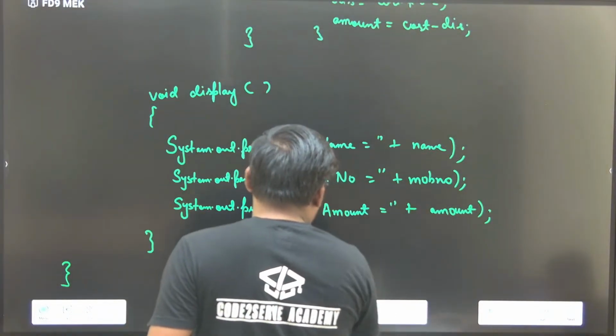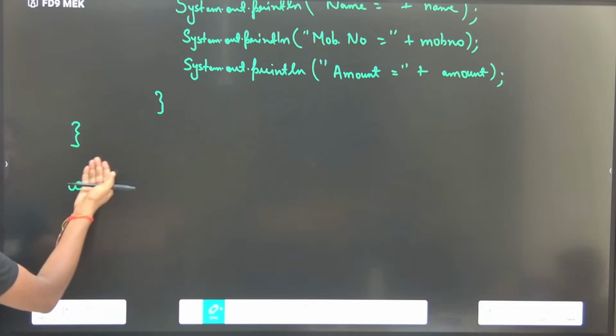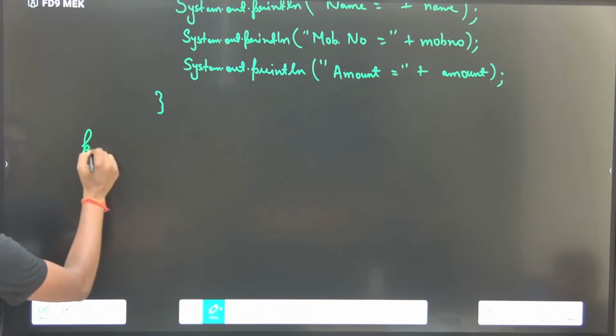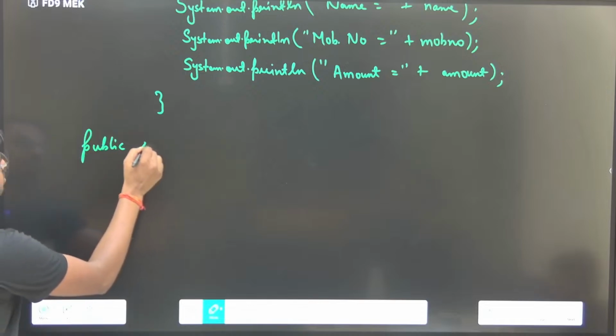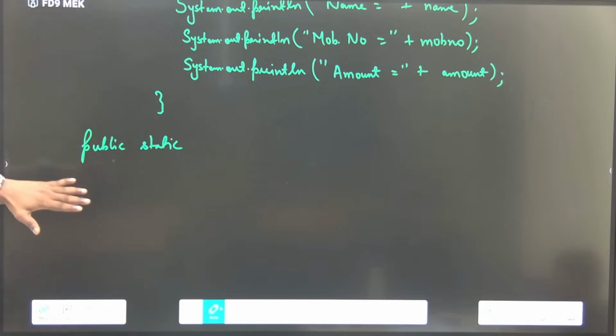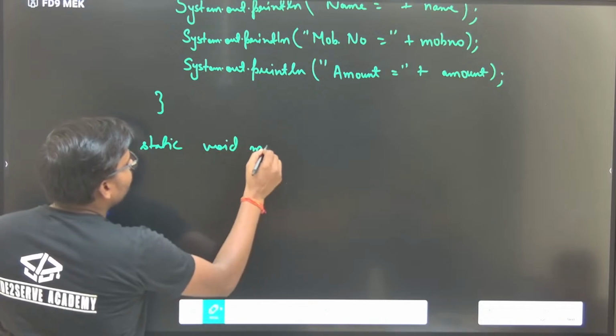You will create another class. You can do it in another class, or in the same class you can write the main method. You can write public static void main